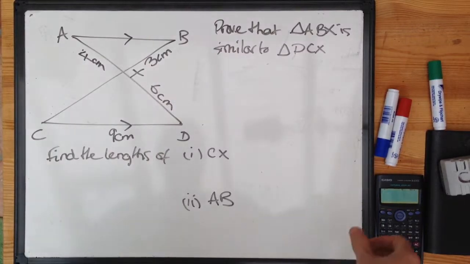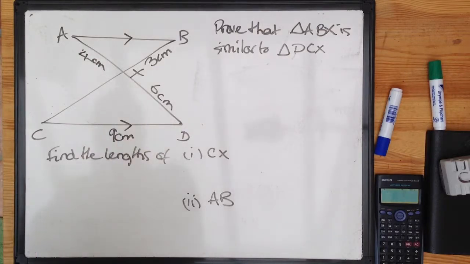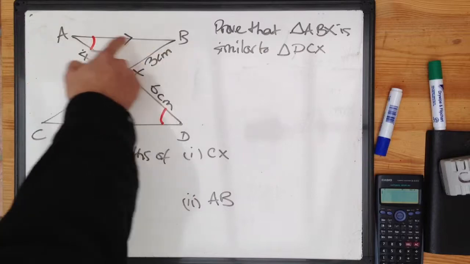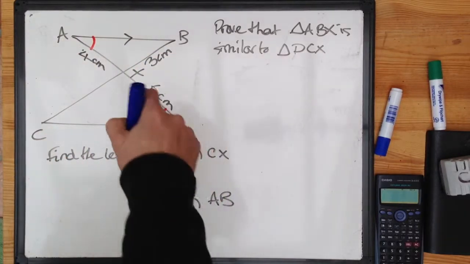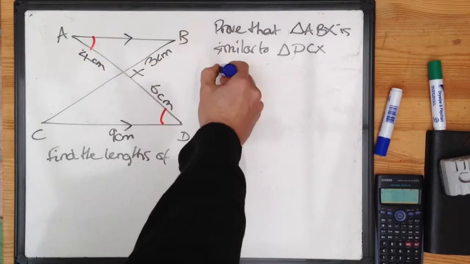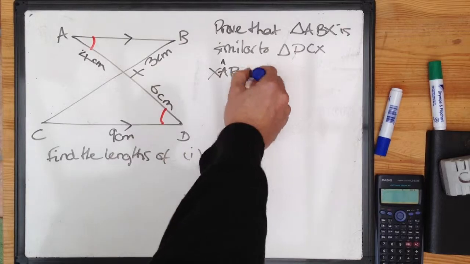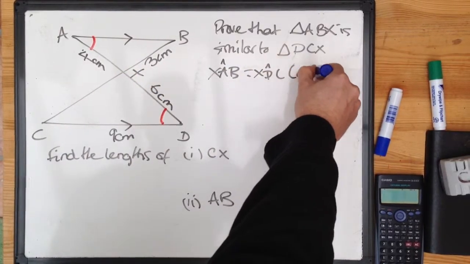So the easiest way to do it is to look for angle properties. As these two lines are parallel, we can say that this angle here is the same as this angle here. It's like a Z shape, but technically it's called alternate angles. So the first thing we can write down is that XAB, put a little hat on the A to show that's where the angle is, is equal to XDC, and we have to write the reason down, and the reason is